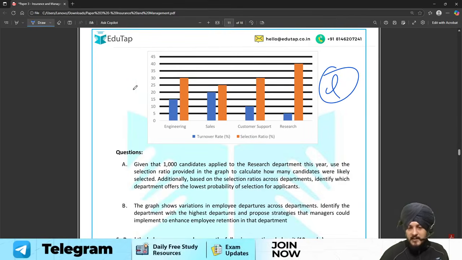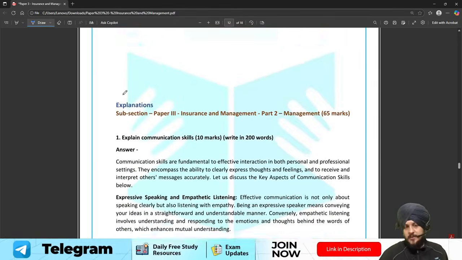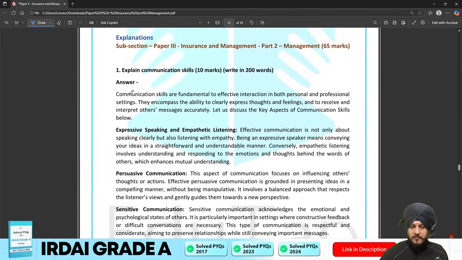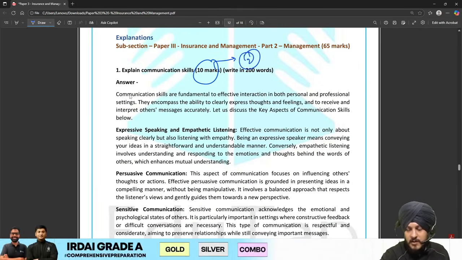So that is basically the crux: the syllabus carries the utmost importance. You cannot ignore the syllabus. That should be your topmost priority, right? And let us see question number 1. Question number 1 is a 10 marker. For a 10 marker you would be getting 1.5 pages to write your answer. And the question is regarding communication skills.